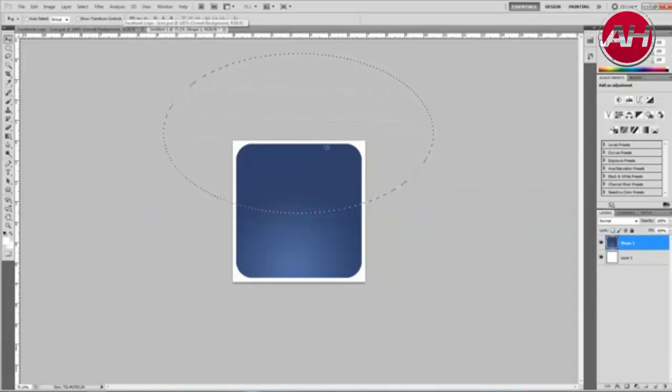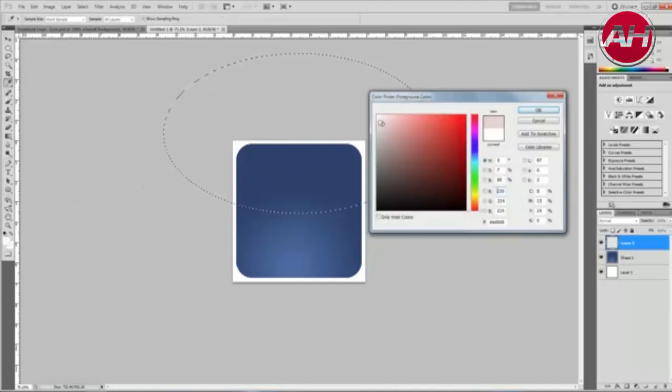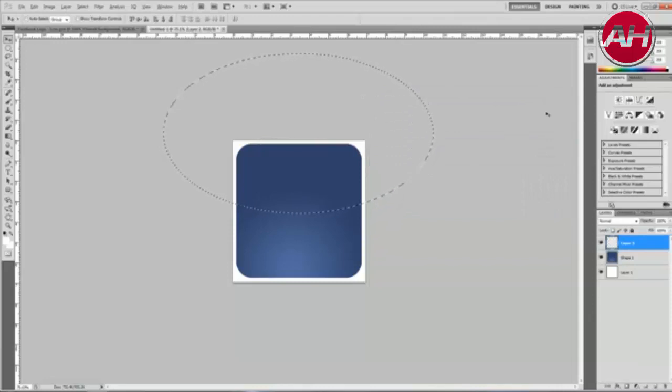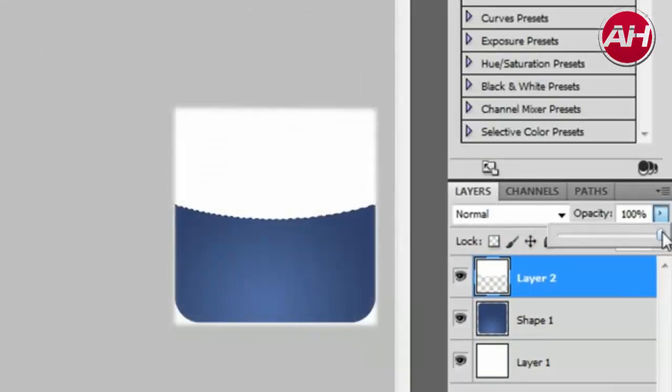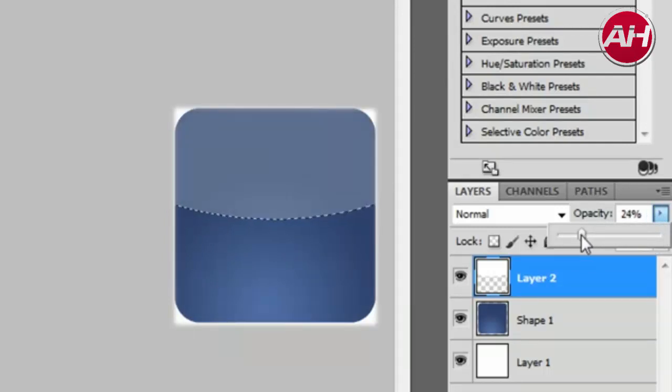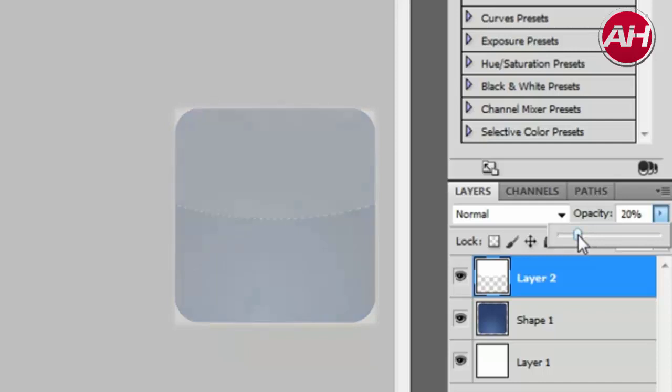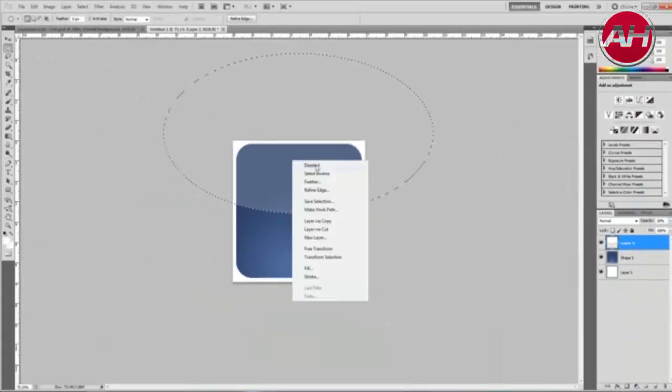And now what I'm going to do is create a new layer, and making sure that our foreground color is set to white, I'm just going to hold down Alt and press backspace, and then I'm going to lower the opacity of this layer, and I'm just going to change that to about 20, and right click this, deselect,